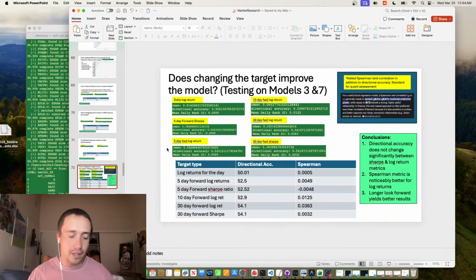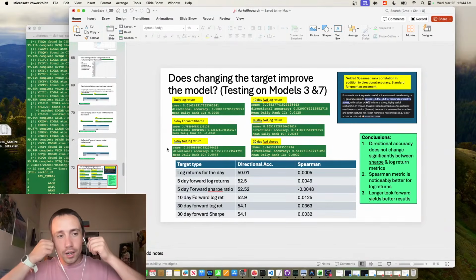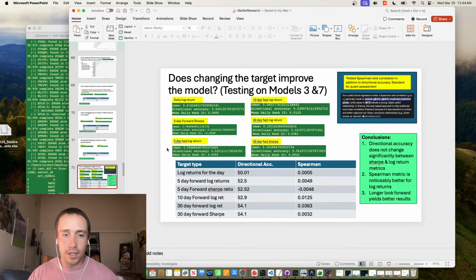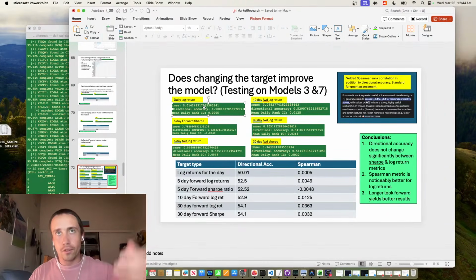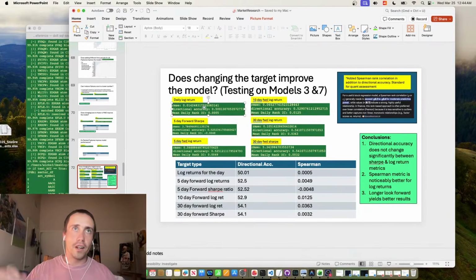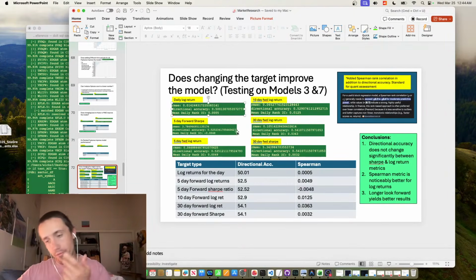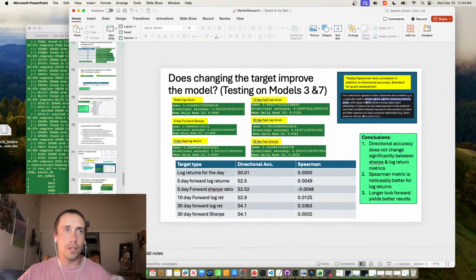If you don't spend a gajillion dollars on having the fastest infrastructure to send signals to buy and sell, you're just going to lose out. So these 1-day forward log returns are getting wiped out. But the longer you look into the future, the better it performs. 5-day forward return performs better than 1-day return, 10-day performs better than 5 days, 30 days even better, and so on. So you get arbitraged away for short-term stuff, but if you're willing to be a swing trader or a longer-term trader, you can actually find some pretty good edges.